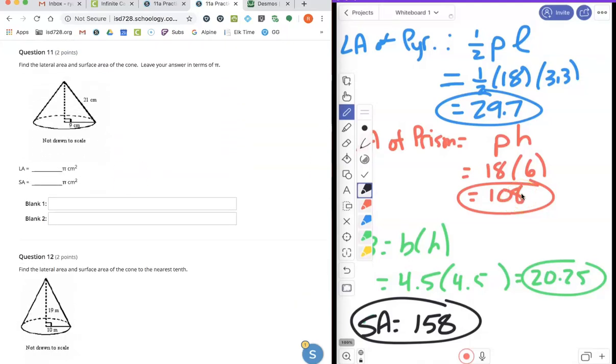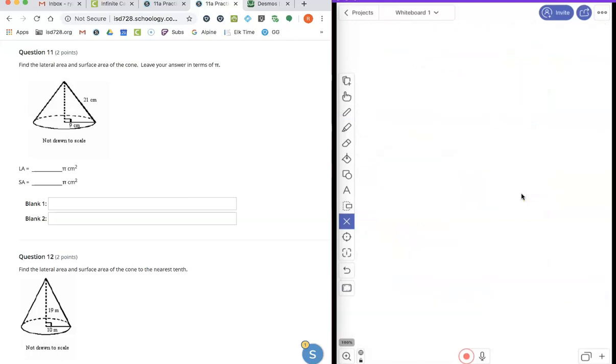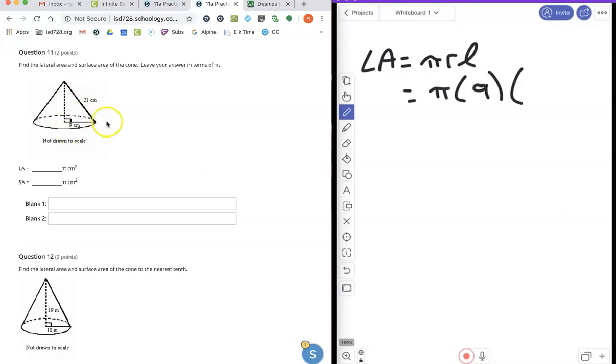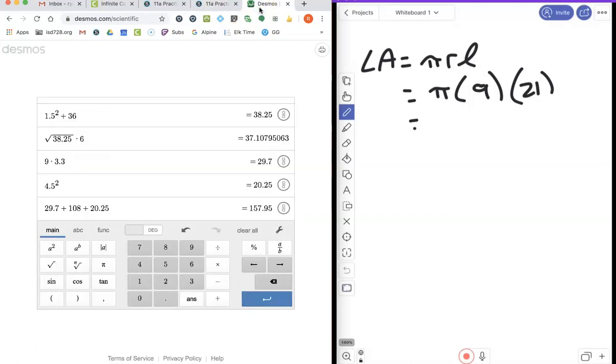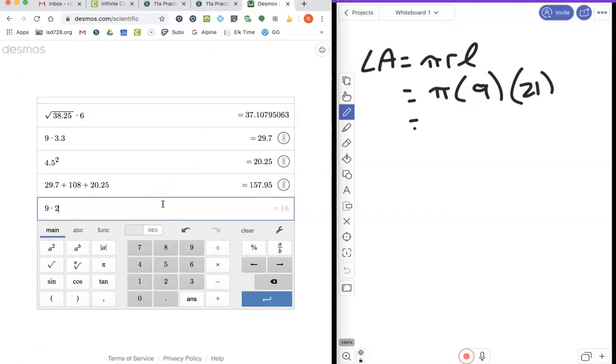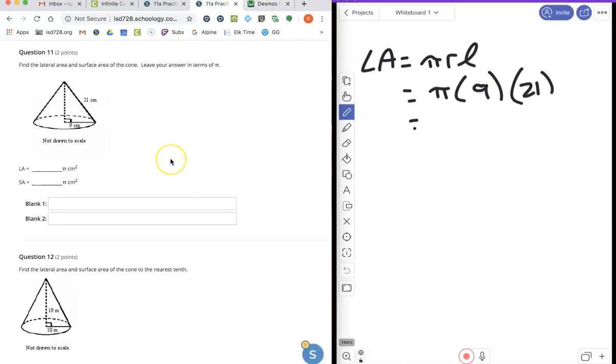So cones are going to be a simpler formula again. So we're back to simplifying it a little bit. For a cone, the LA of a cone is just pi RL. So that part, R is 9. So we have pi times 9. Make sure they gave you the correct height, which is the slanted height, not the inside height. So 21 is the correct height for this one. So 9 times 21 is 189. So 189 times pi